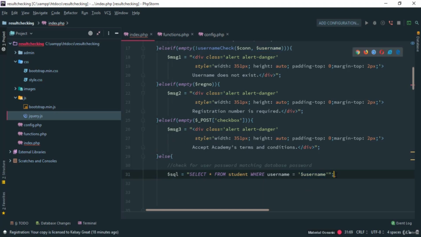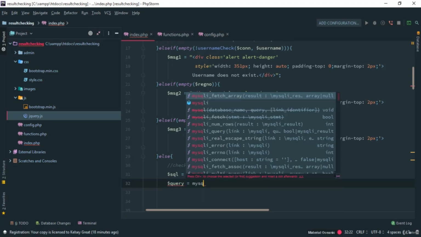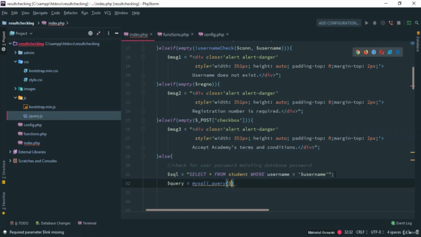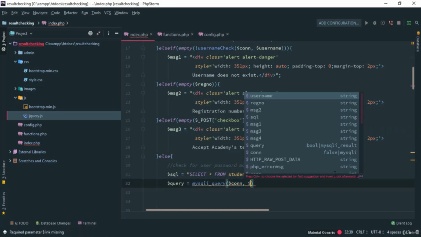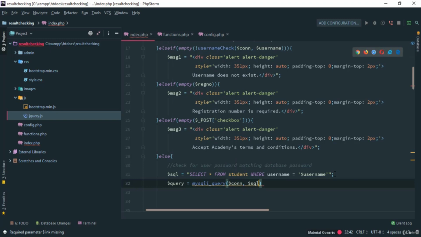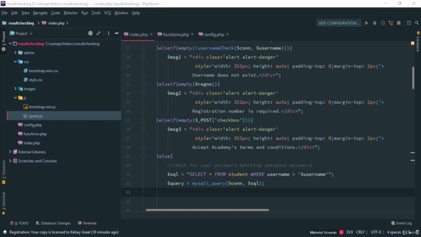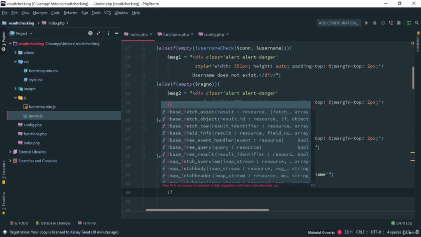Username is equal to username, and of course the query here will be mysql_query, connection, and of course the SQL query itself. Okay, so we're going to write another query here. Now we're going to say if,